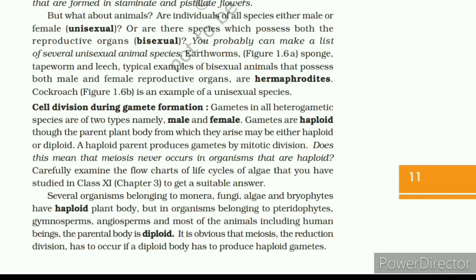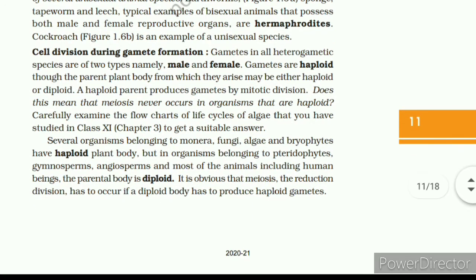Does this mean that meiosis never occurs in organisms that are haploid? Carefully examine the flowcharts of the life cycle of algae that you have studied in class 11, chapter 3, to get a suitable answer. Several organisms belonging to Monera, fungi, algae and bryophytes have a haploid plant body. But in organisms belonging to pteridophytes, gymnosperms, angiosperms and most of the animals, including human beings, the parental body is diploid. But it is obvious that meiosis,